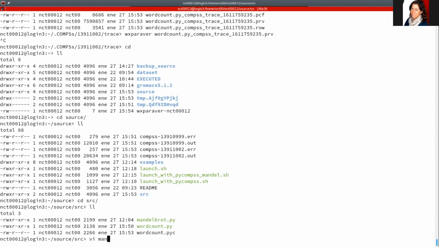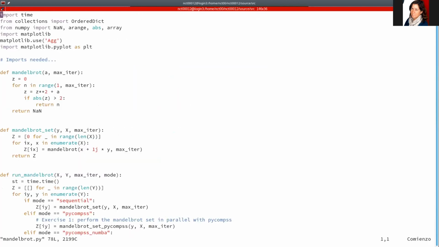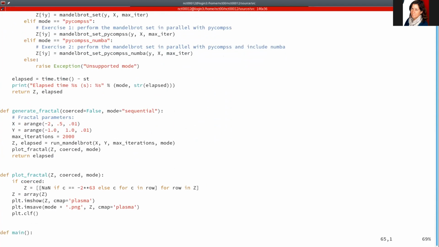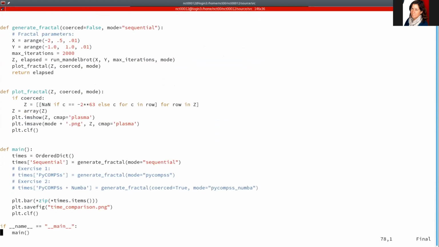If you take a look inside, you will see that this is a plain Python implementation of the fractal generation, okay, with a set of predefined parameters. If we go to the main, it executes the main to generate a fractal, and the two exercises that are proposed for the next minutes are exercise 1, which is to parallelize the fractal generation, for which I'm going to give some tips right now,